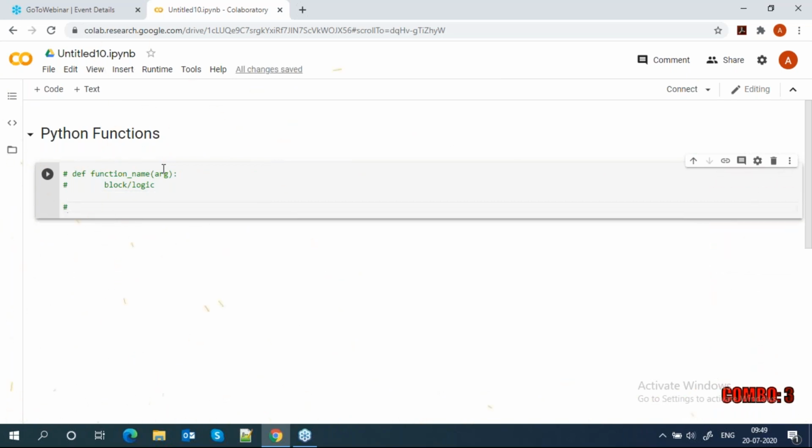So, a simple example we can take: we can calculate the area of a circle.